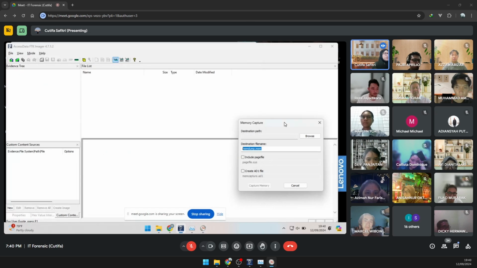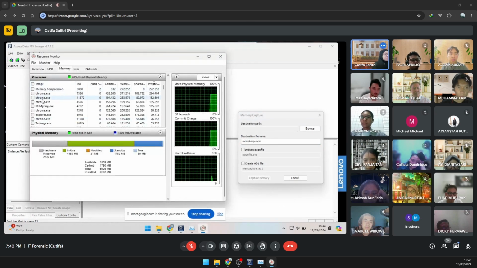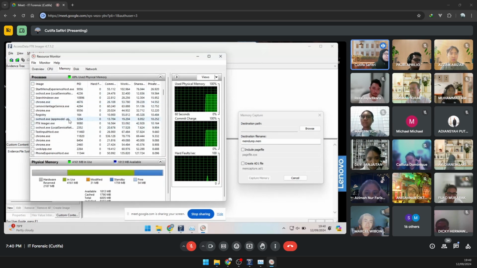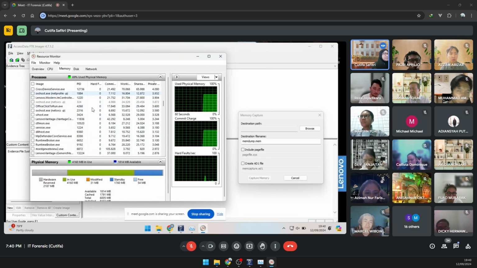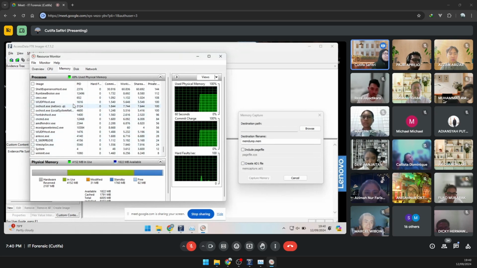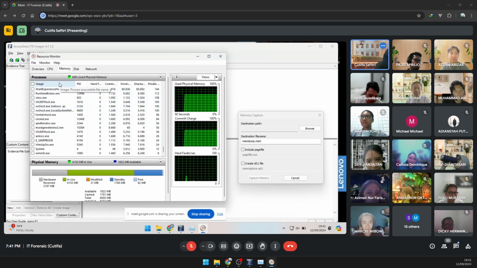Now, if you do your memory dump, you will get this information. Chrome running, Task Manager running, FTK running. So whatever your computer is running would be stored in your memory dump. Now in here, you receive information that you might not know, right? What is this cncmd.exe? Me neither. And then I also have SVC host. So what is this SVC host? This is actually service host. That one I know, right?